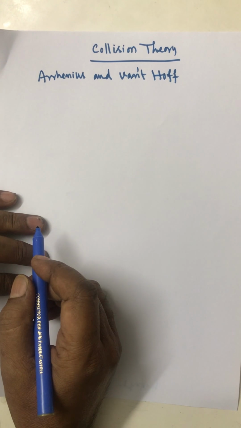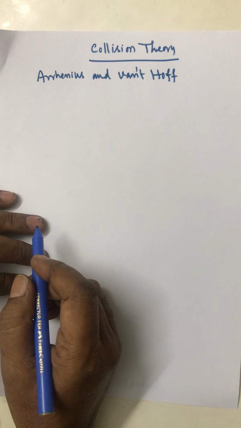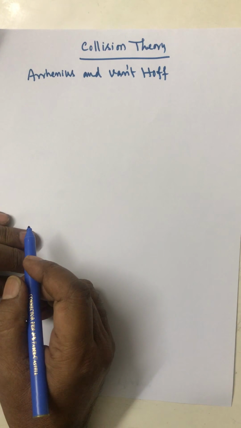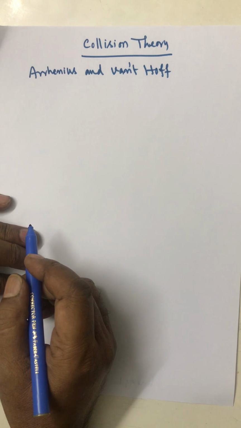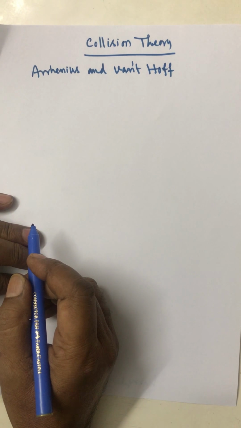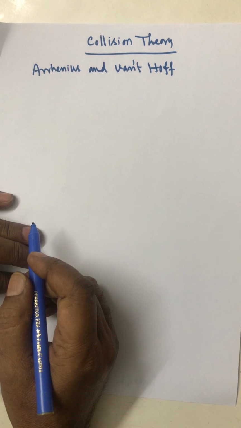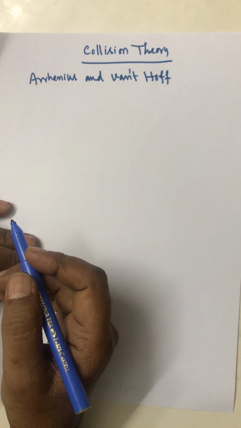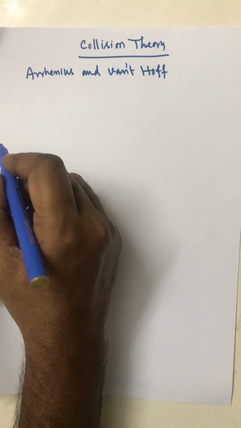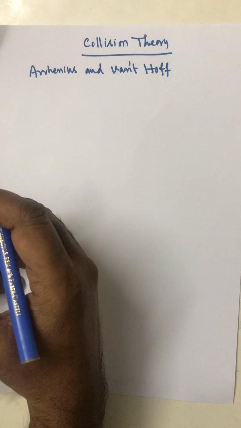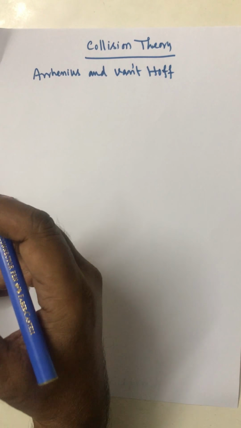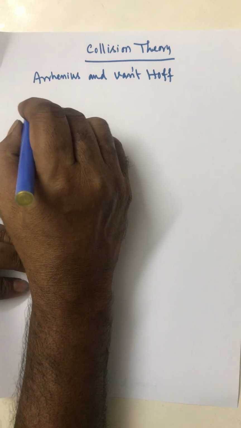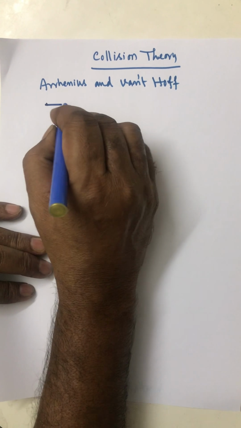If each collision leads to formation of product, all gaseous state reactions are expected to be explosive and fast, but that is not really happening. That clearly indicates that all collisions are not fruitful collisions. The fruitful collisions are those which lead to formation of products. Means once reacting molecules acquire a certain minimum amount of energy, they can only participate in the reaction. So that is one is